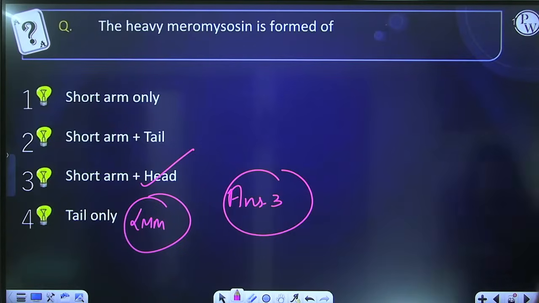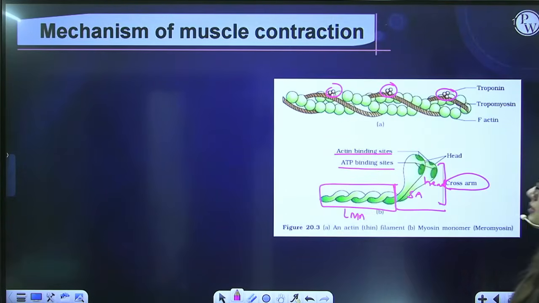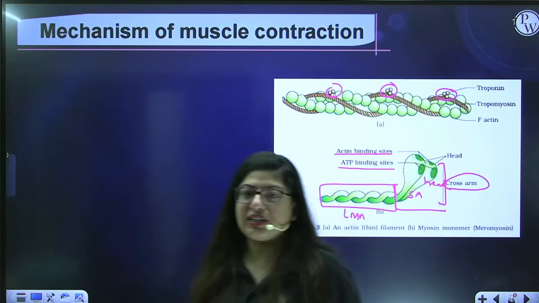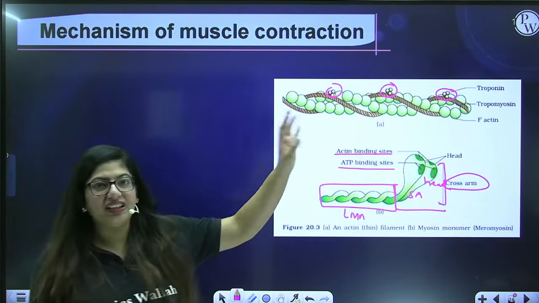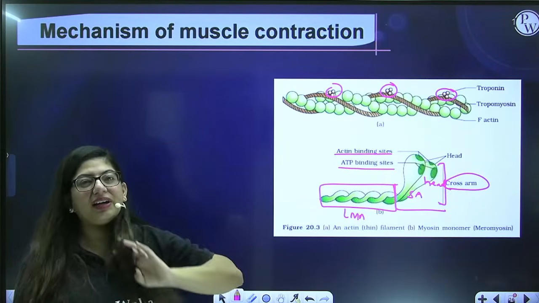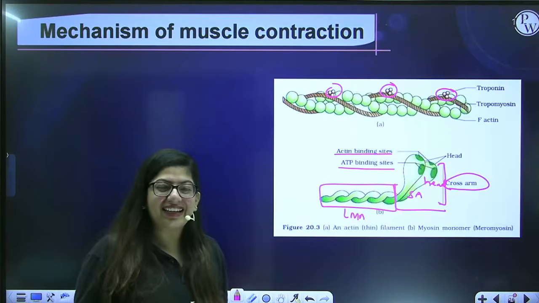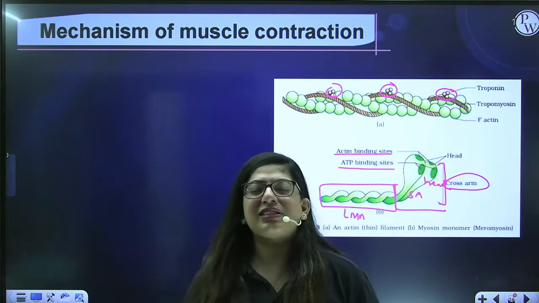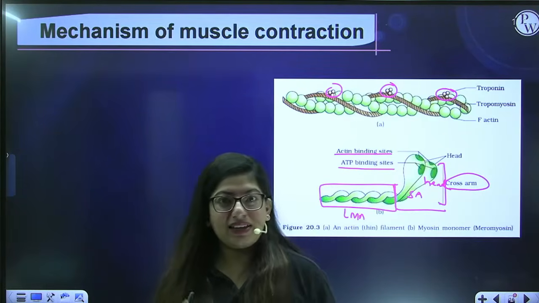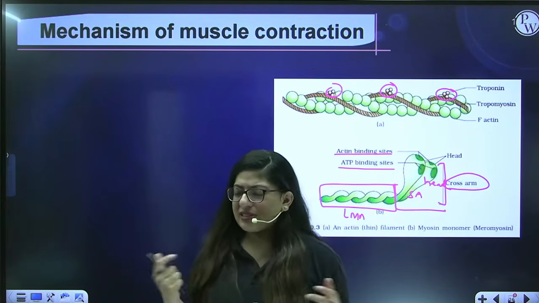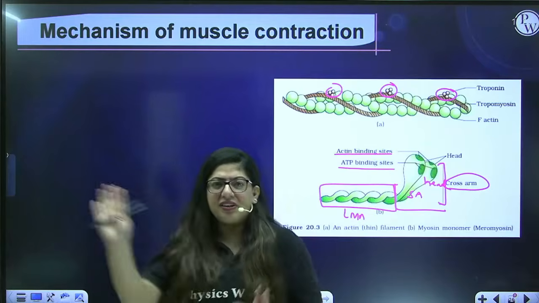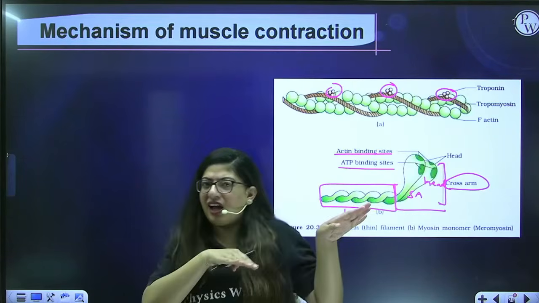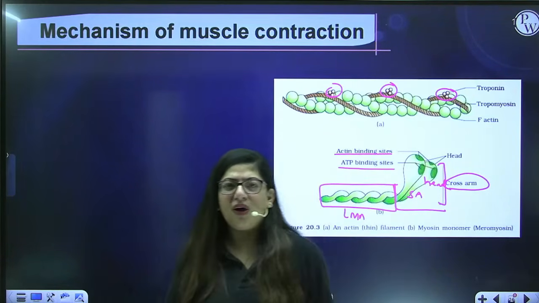Okay, next, mechanism of muscle contraction. So these we have already done. Okay, these structures, how do they look like? What are these? The thin and the thick myofilaments. We have already done these. But now how does the muscle contraction take place? That's the question. How are my muscles contracting? Like I'm doing this, this and that. You know, even if I dance like that. So why? How am I doing that?